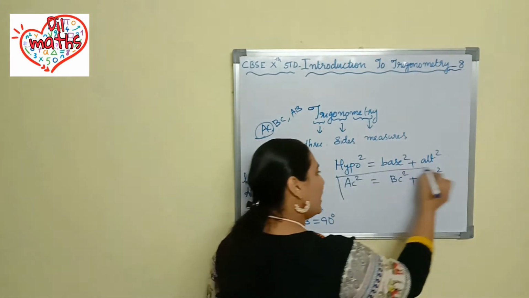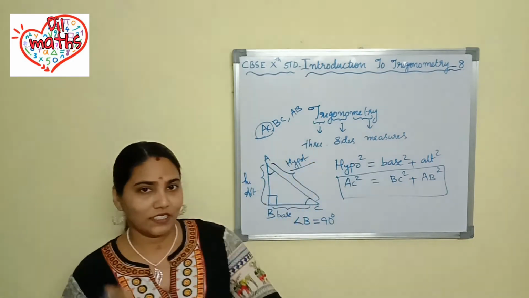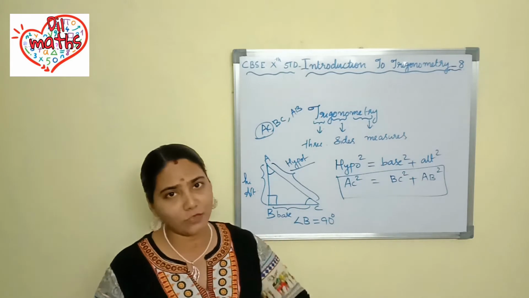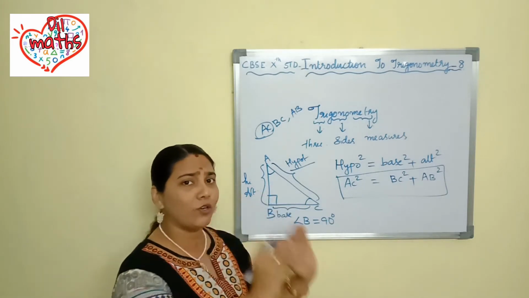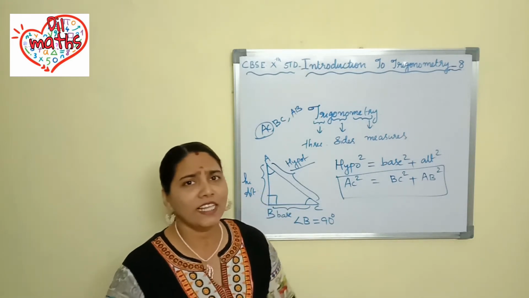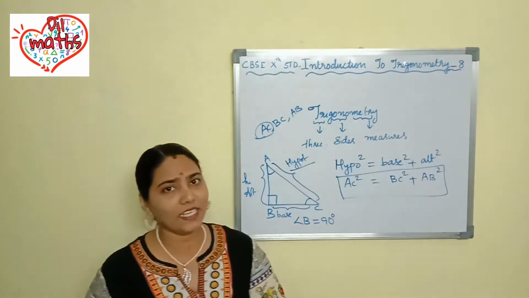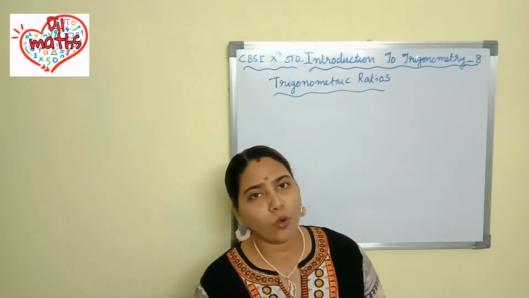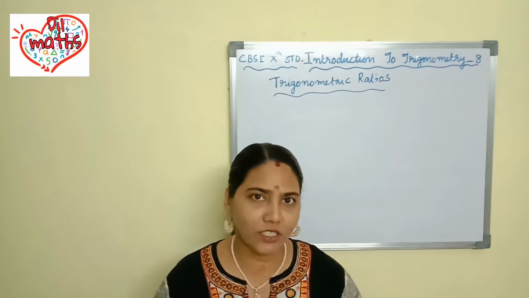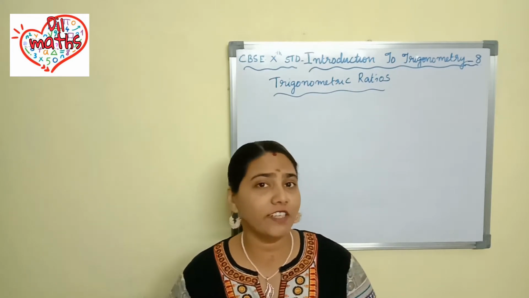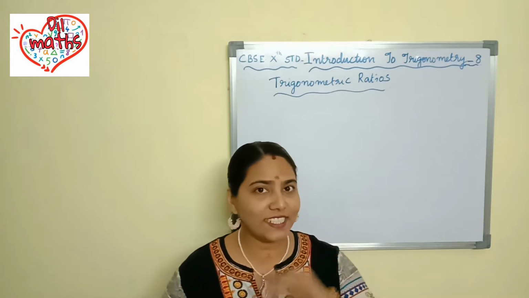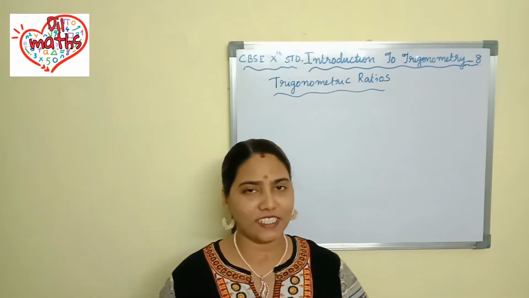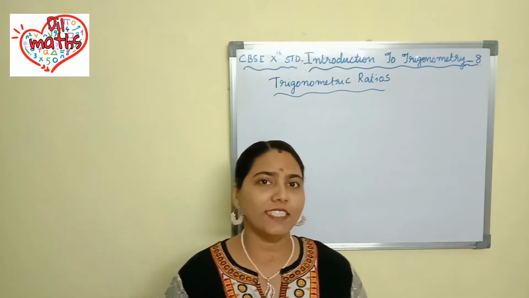Why I am saying this is that in this chapter we are applying all these formulas. You are applying what is base, what is altitude. If you know thoroughly about this right triangle, then only it will be easy to study about trigonometric ratios. Okay, we will check now what is trigonometric ratio. For that, first we will check the words adjacent sides and opposite sides. So when can you say that a side is adjacent and when can you say that the side is opposite?